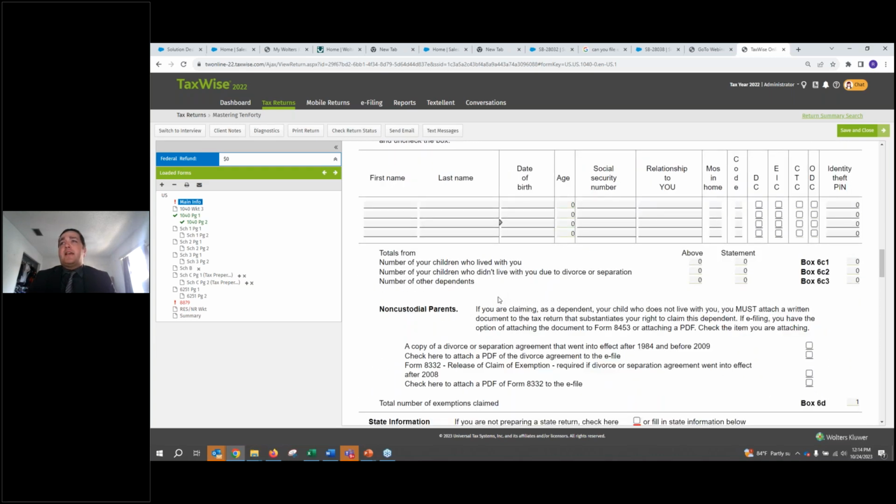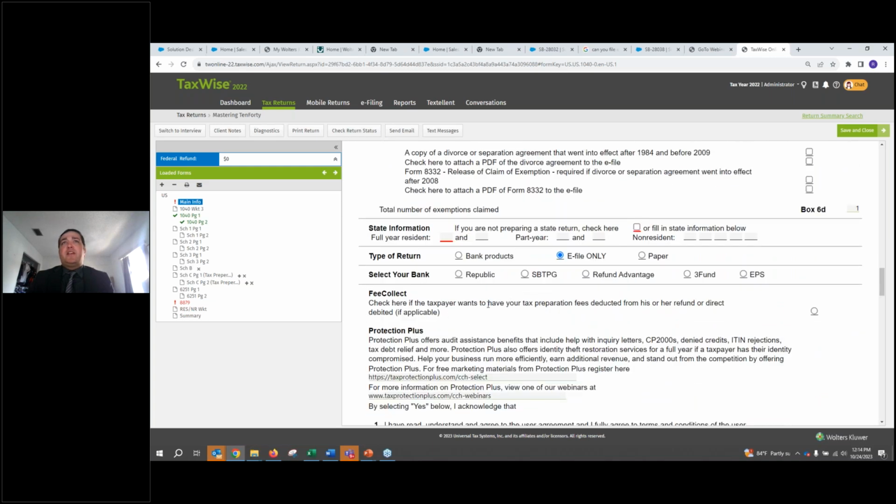But what's nice about this area is as you fill this information out, any subsequent forms that you actually have to complete, information like their name, their address, it's going to automatically flow through to those various worksheets, really minimizing the amount of typing that you have to do over and over again. And it's really going to eliminate the potential for typing in something wrong, typing in a name wrong or a birthday wrong. Once you get it in once correctly, it's going to flow through to everywhere else in the tax